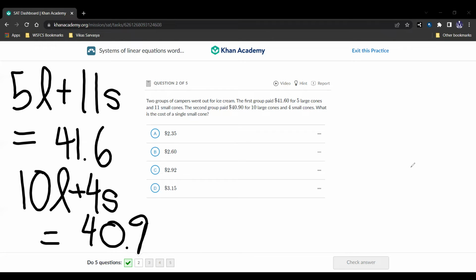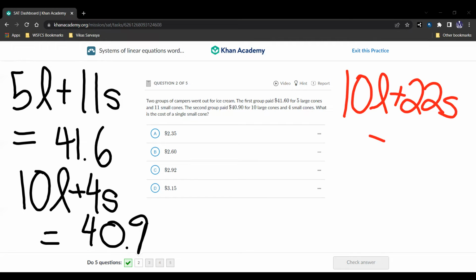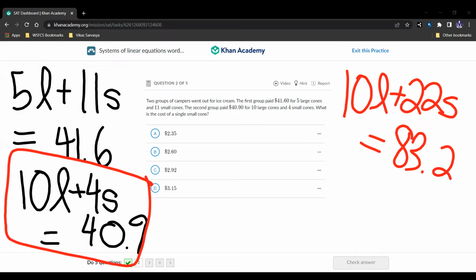Now what can we do? Well, we can multiply this top equation by 2 to get 10L plus 22S equals 83.2. We subtract this part from that, and we end up with